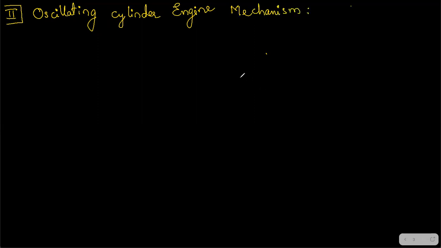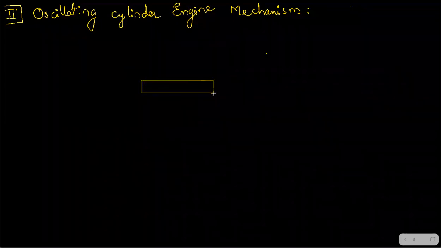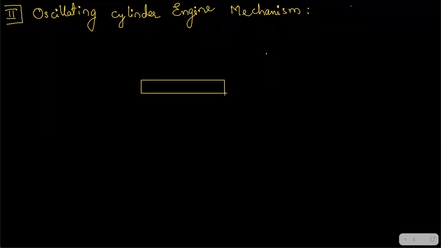So in this oscillating cylinder engine mechanism, what is going to happen? Again, we are not going to change anything. I'm going to do the same thing, because we made a statement earlier. What was it? With the same mechanism, with the same chain, I am going to show you different mechanisms happening. This entire thing is a single unit. Don't get confused that these both are different, the cylinder and this line which I'm drawing.